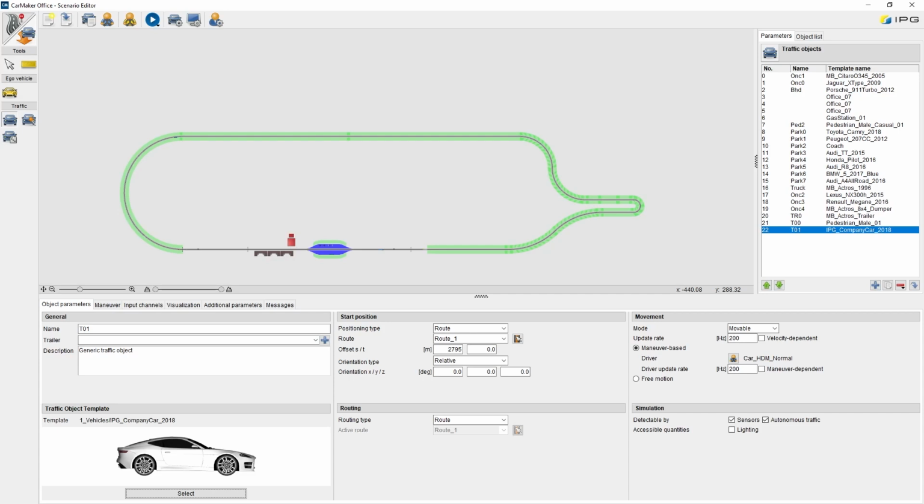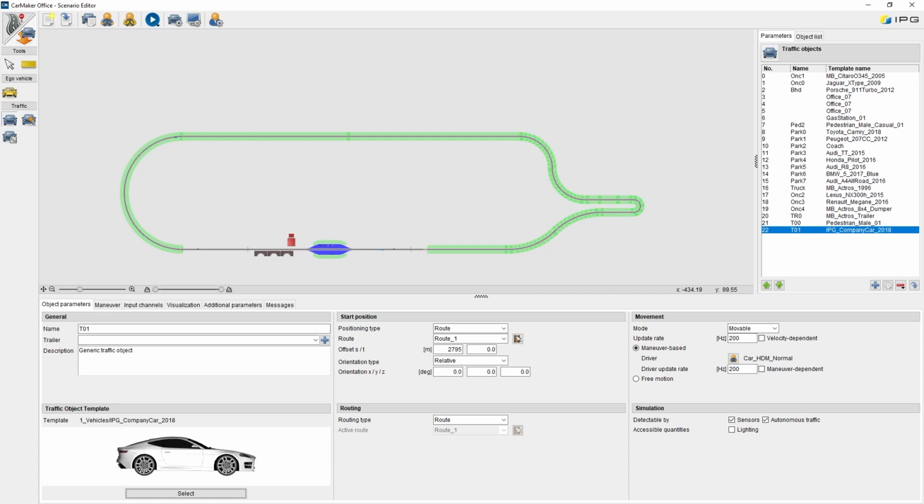The next subtab is Start Position. Here you define where the selected traffic object should be placed when the test run starts. Depending on the positioning type, you can place the object relative to the route or an ID of a link, and so on. In addition, the start position can be shifted by parameterizing an offset or an orientation. In the routing subtab, you can roughly decide to use the routing type Route, Not Specified, and Path List. Route is used for driving along a given and selected route, and Path List is the correct choice if you want to drive along one or more paths. Not Specified can be used if it's a stationary object.